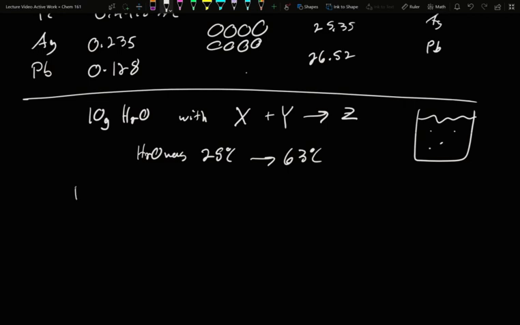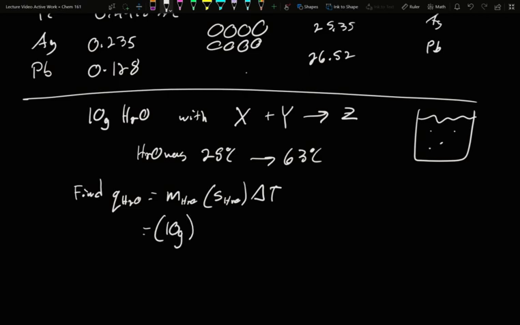We can find Q of the water, which is going to be pretty darn close to the total heat energy. Well, what is Q of water? It's the mass of the water, the S value for water, and the delta T. We were told the mass of the water, it was 10 grams. S value for water,